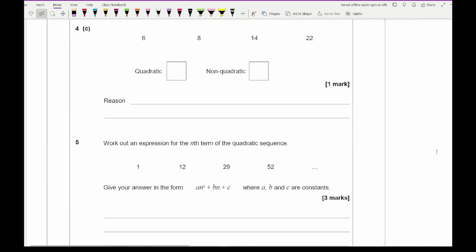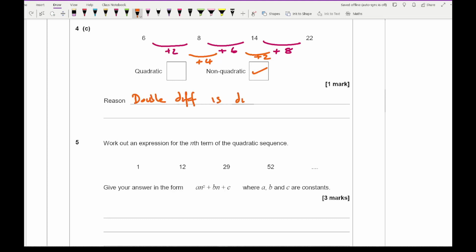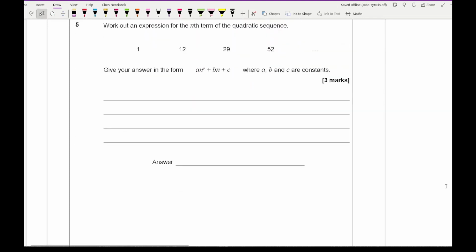Moving on to 4c, we get a similar question. So again, looking at the difference, we've got plus 2, plus 6, and then plus 8. Then looking at the difference between the differences, we've got plus 4 and then plus 2. So this is not going to be quadratic as the double difference is different. And there we go. Then moving on to question 5, it says work out the expression for the nth term